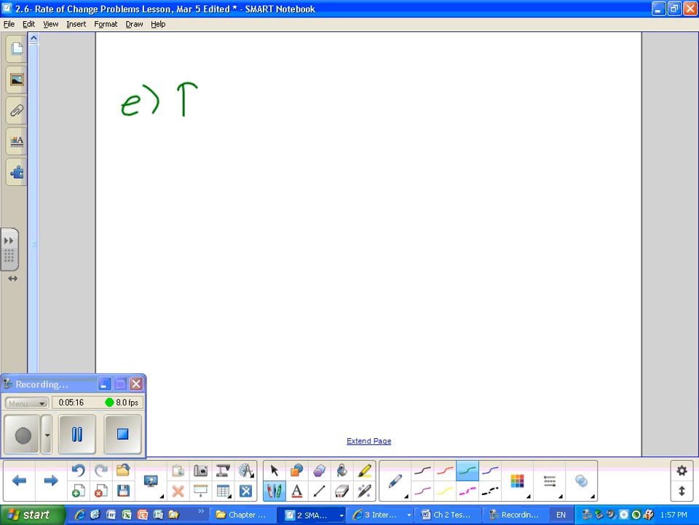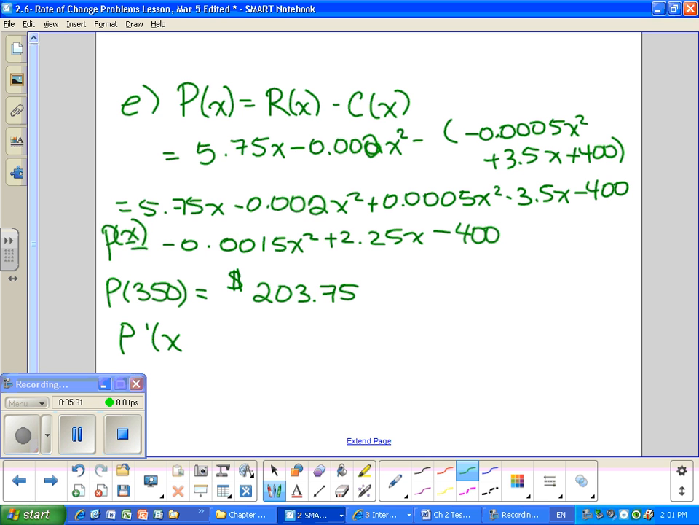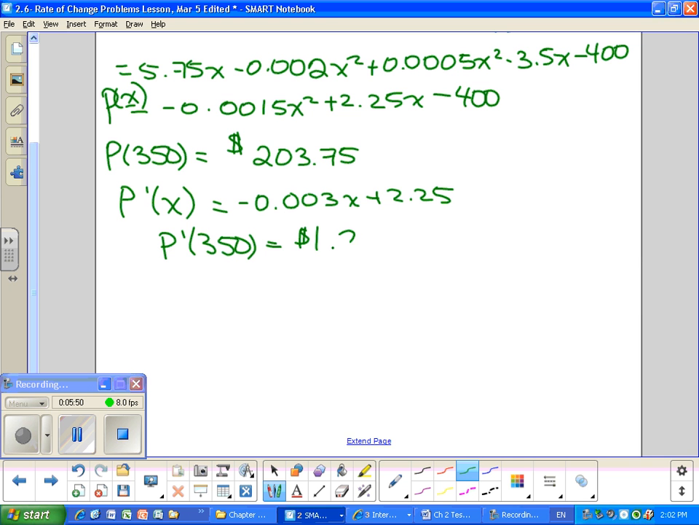We know the equation for profit. It is our revenue minus our cost. That's your profit function. Perfect. Okay, now we have to find our marginal profit. So we have to take the derivative, negative 0.003x plus 2.25, and we have to find it at 350. And what do we get? Here it is, 1 point. Good. So they made $1.2